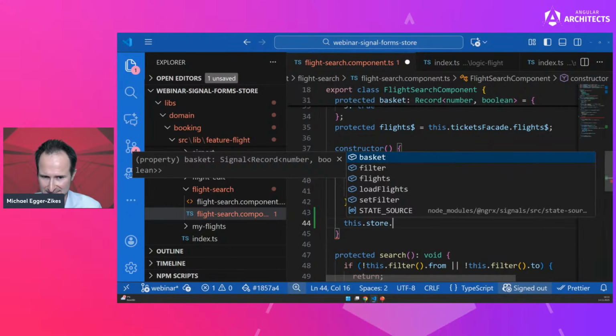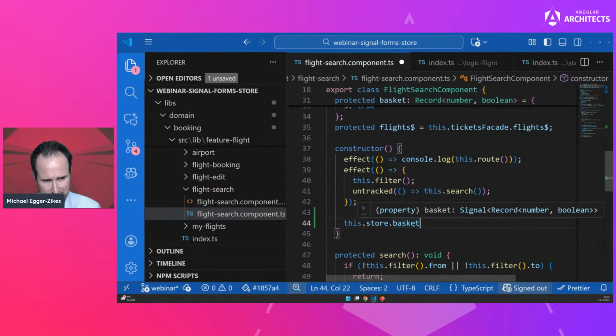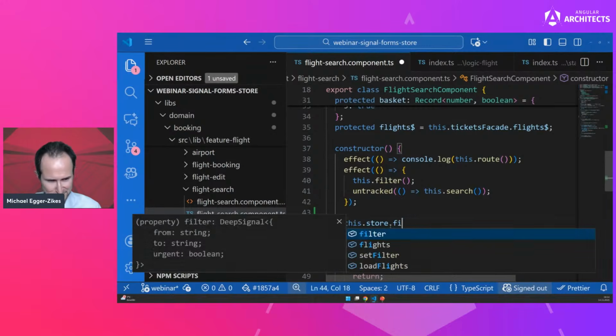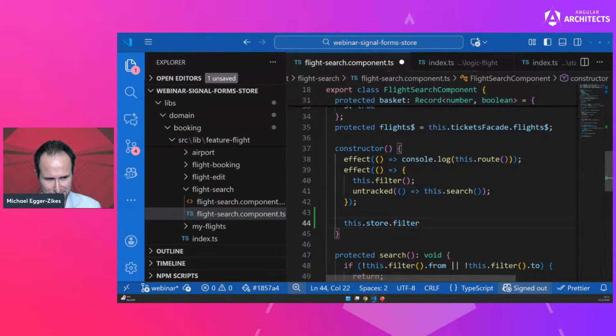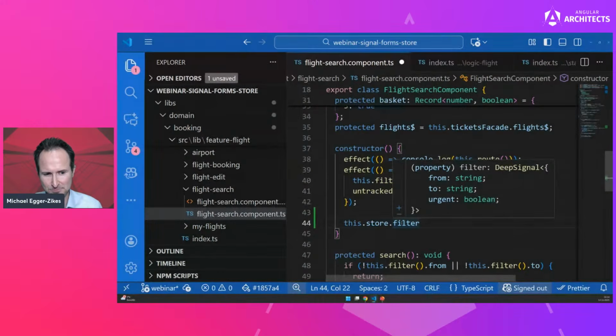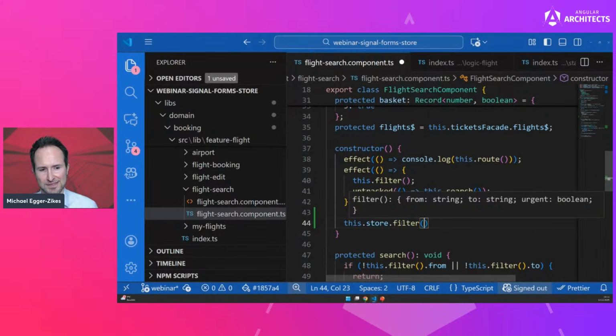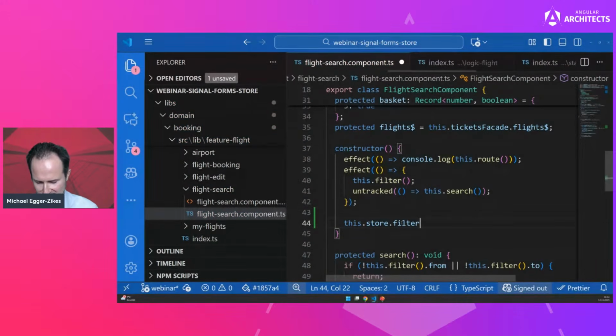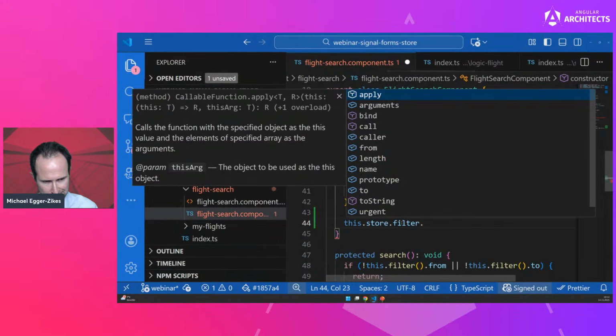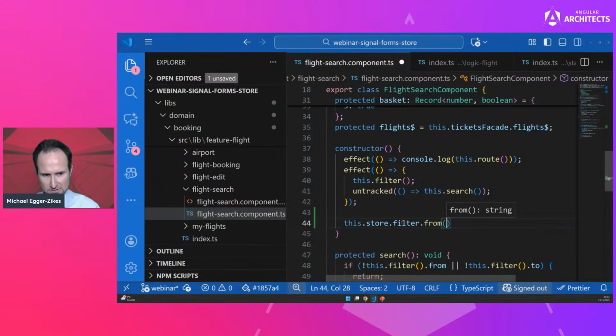You can find the basket. The basket is actually a signal, also it can return the state dictionary with which flights are selected actually. But what you can also do is accessing the filter. And the filter, if you have a look at that, it's a deep signal. A deep signal means it offers you signals on different levels of your object hierarchy. So you could potentially read the filter here, but it's also perfectly fine to not read the filter here, but just access the property on the deep signal reference and only connect to the from value,